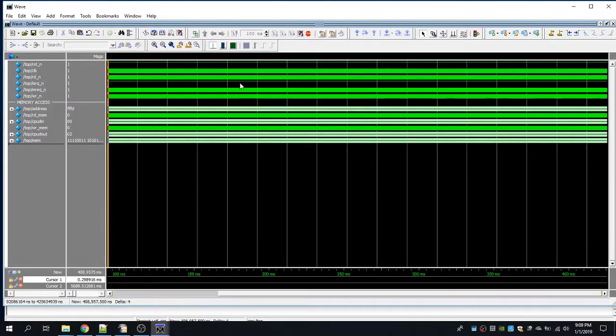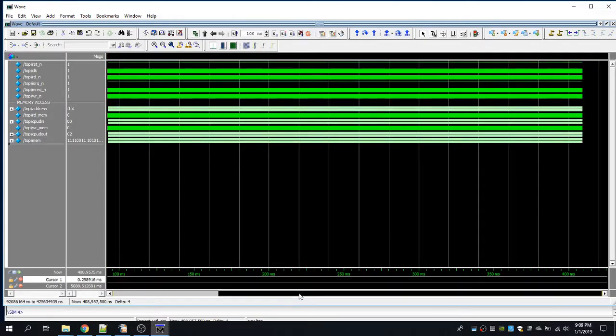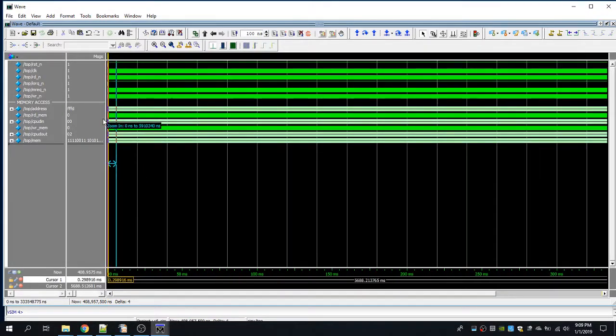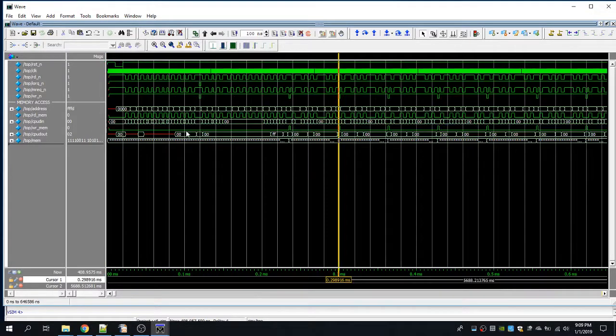Okay, so let's stop the simulation and see what is happening at the beginning. Here in the upper part we have the reset, clock, and the CPU direct ports. So this is the read, the input output request, memory request, and write request. And here in the second part we have the address, and our newly created read memory and write memory signals. So it is easy for us to just follow the read memory and write memory.